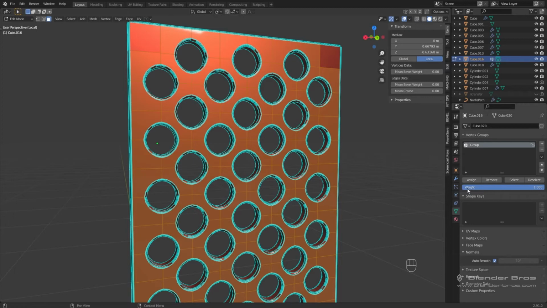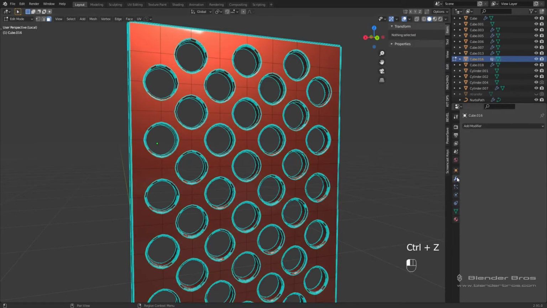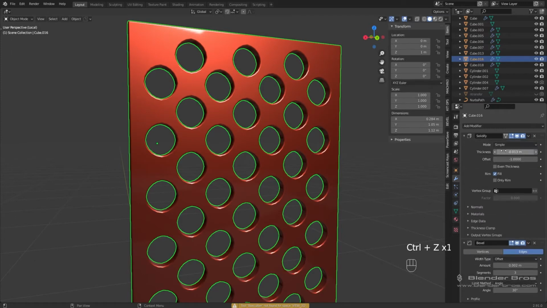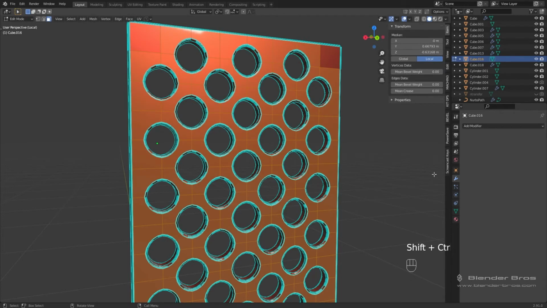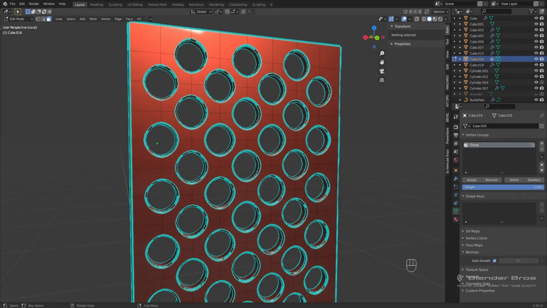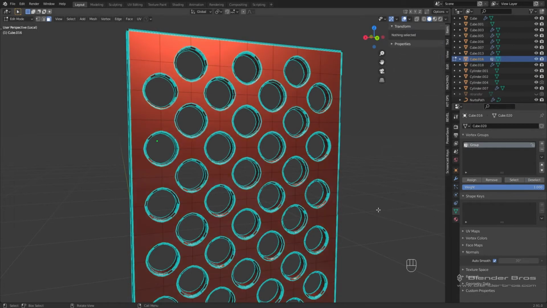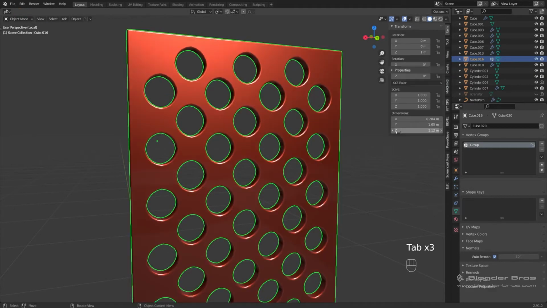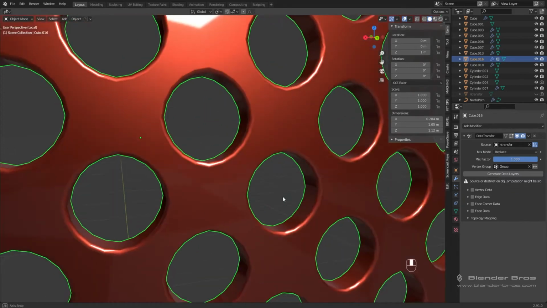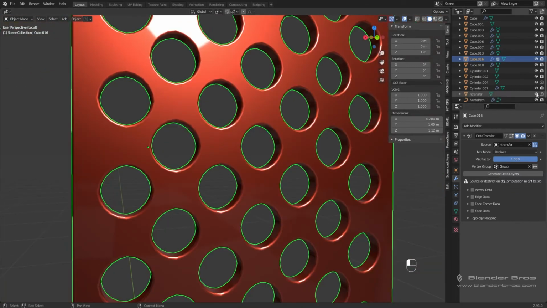There we go. And you know what? Real quick, let's take note of the size of the solidify. Negative 0.013. Keep note of that, and then we'll come back in here, and there we go. Just make sure this vertex group is assigned. And then what we're going to do with that vertex group is add a data transfer modifier. We're going to choose the normal transfer object with the vertex group. And then what we need to do is, it's not going to work right now because on the normal transfer,